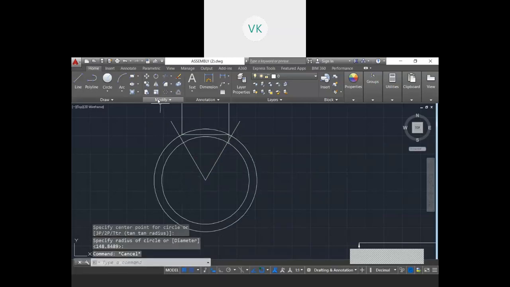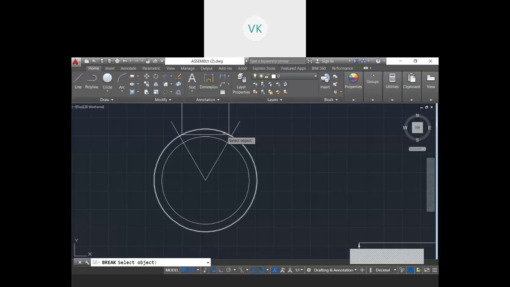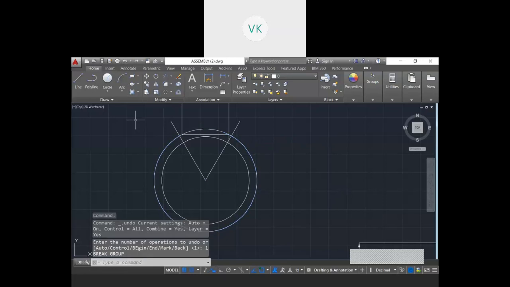Okay, then you can trim this. So I think I have done reverse. I should remove the bottom part.